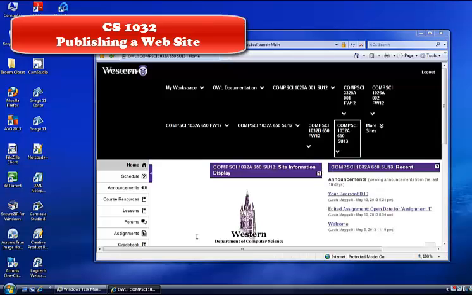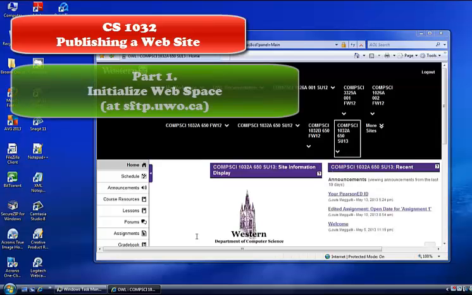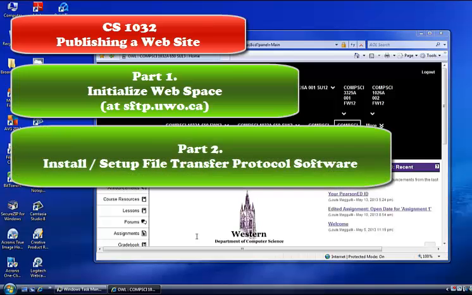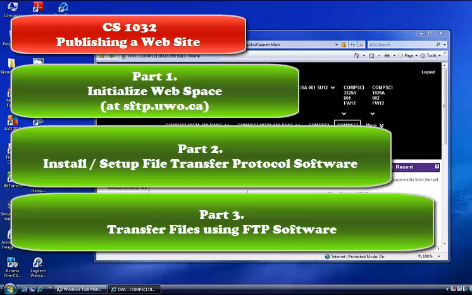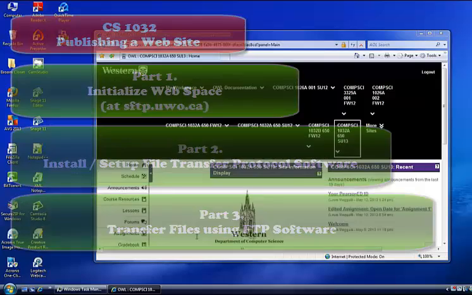CS1032, publishing a website. This will come in three parts. To publish a website, first we're going to initialize the web space on the UWO site. Then we're going to install and set up the file transfer protocol software. And then we're going to actually do an example of transferring a file from our local computer onto our FTP